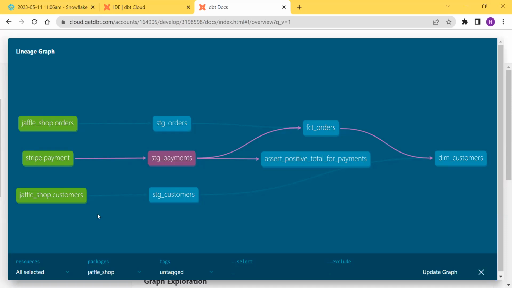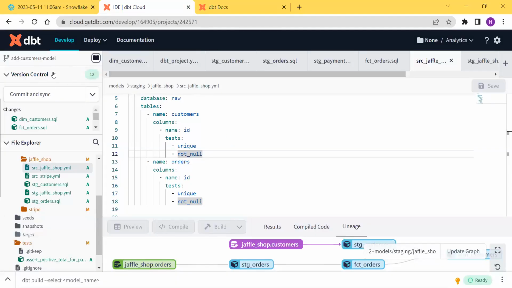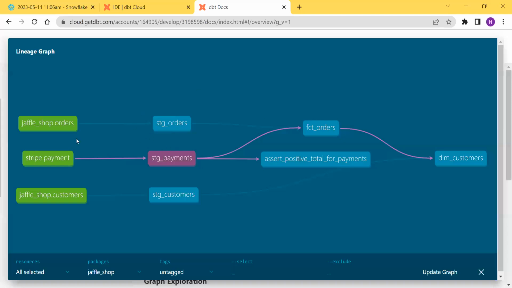So first let's see how we were developing in our IDE. If you come here to the DBT, we have been working on this development layer. If you see, we have developed all these different projects. So what happens when we do the DBT run is, so when we run the DBT run,